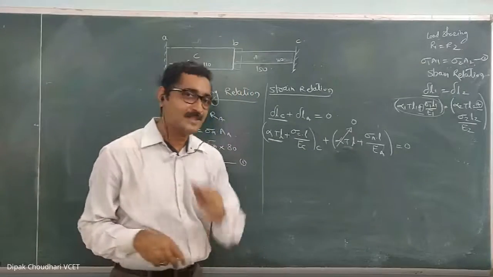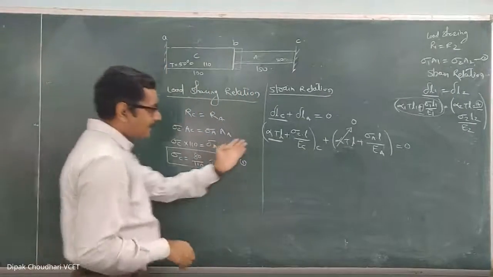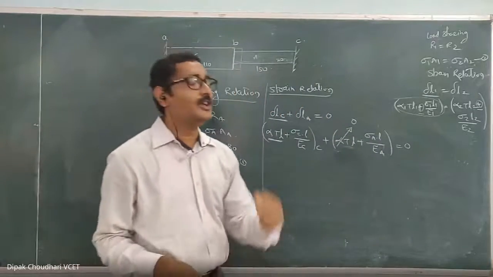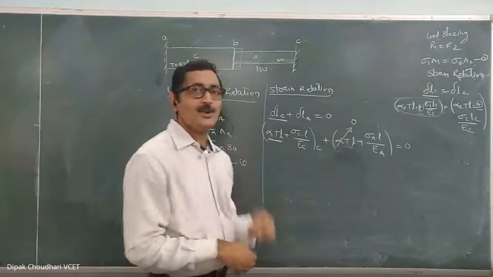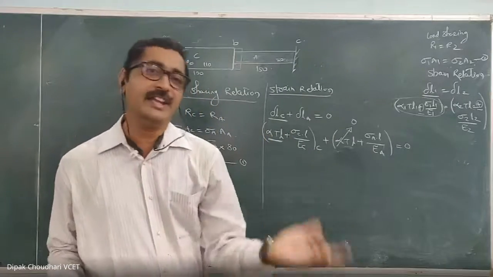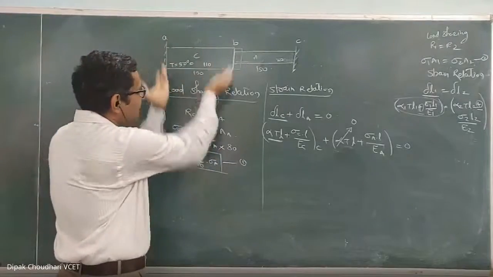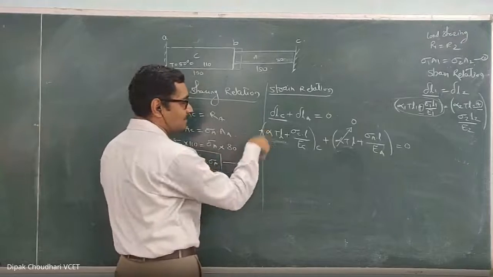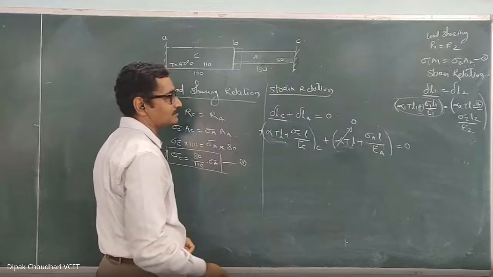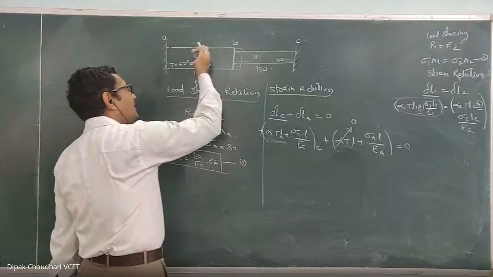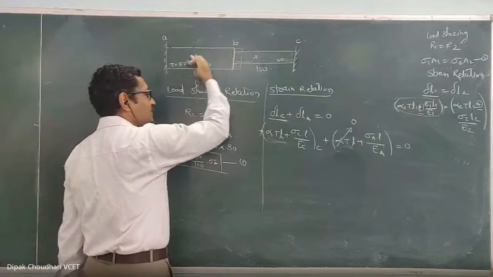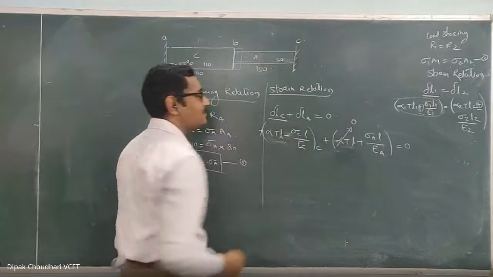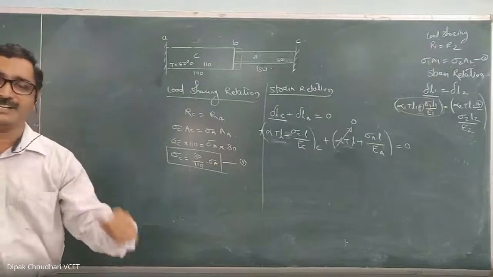Have you understood this? Next important thing, I told you that if there is a rise in temperature, if there is an increase in length take it positive. If there is a decrease in length, take it negative. Now here we are rising the temperature. Because of the rising temperature, there will be an increase in length. So this part alpha TL will be positive. But the reactive force exerted on the copper is compressive in nature. Since it is compressive in nature, this will be minus. Because of the compressive reactive force, it will get decreased.